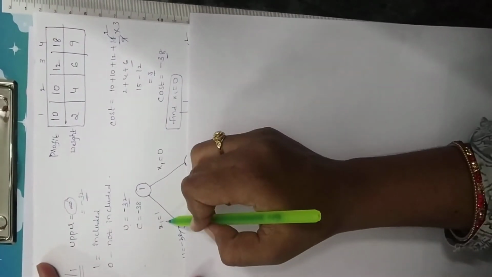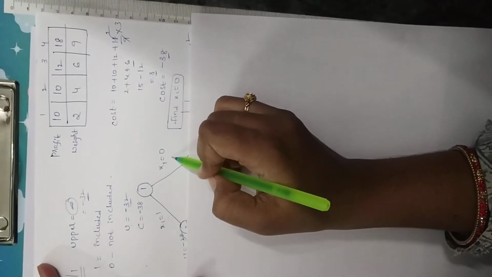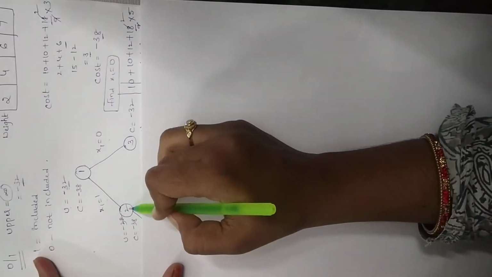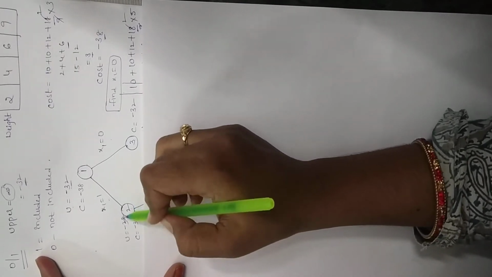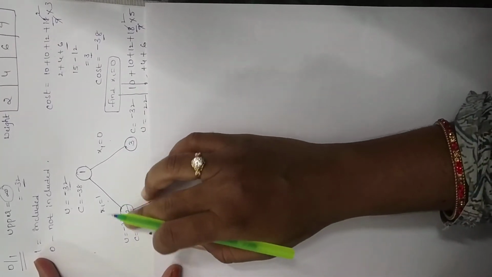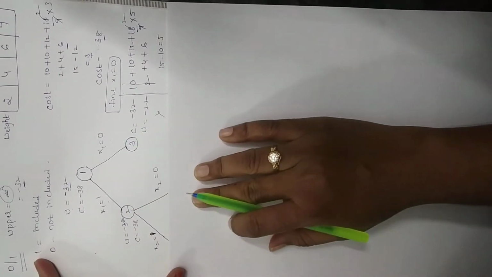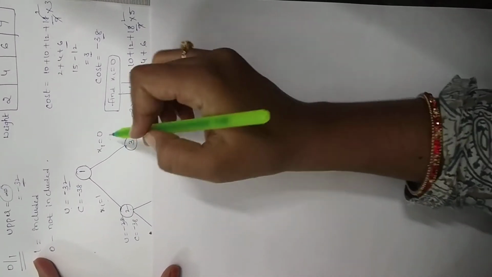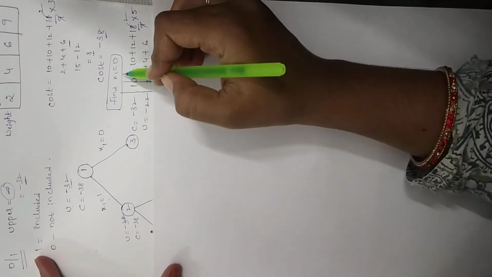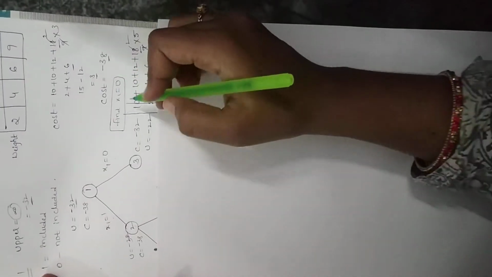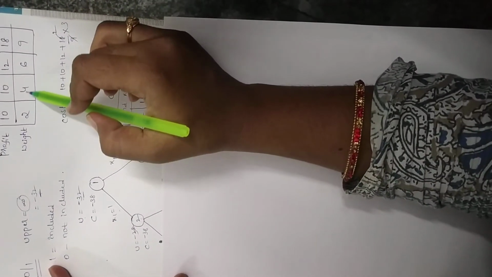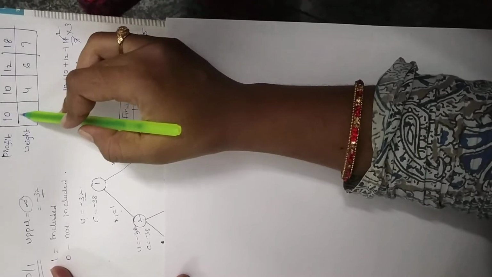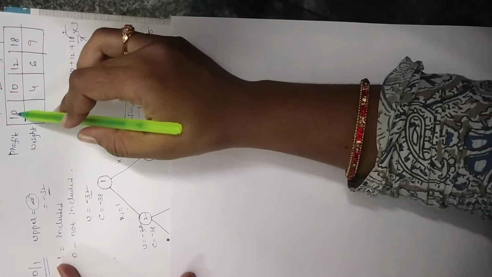The next step is that the object is either included in the bag or not included in the bag. Included in the bag means the next node is 2, and not included means node 3. Included in the bag means the same values as the root are taken. Now we find x1 equal to 0. Finding x1 equal to 0 means 10 plus 12 plus 18, with weights 2 plus 4 plus 6, and the first value is not taken because it is not included in the bag.